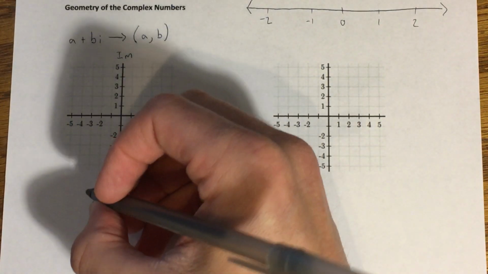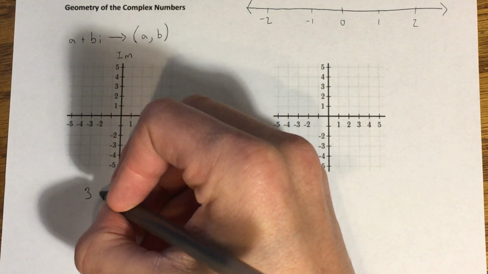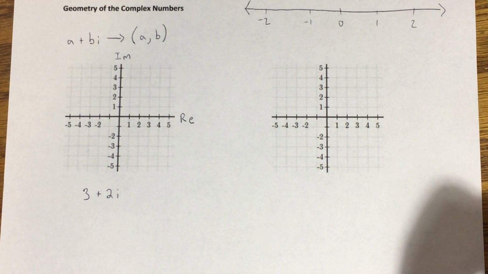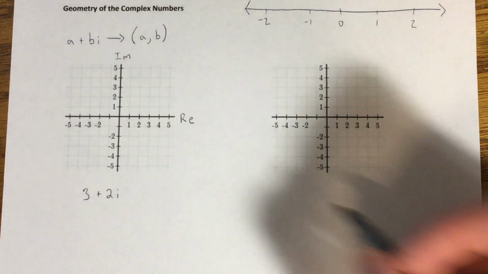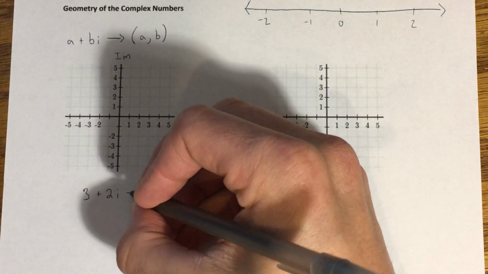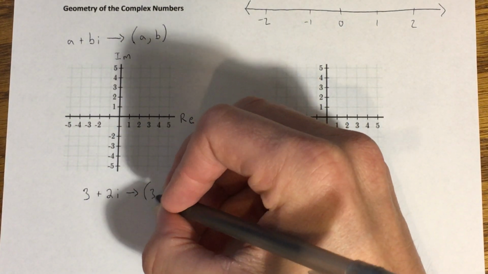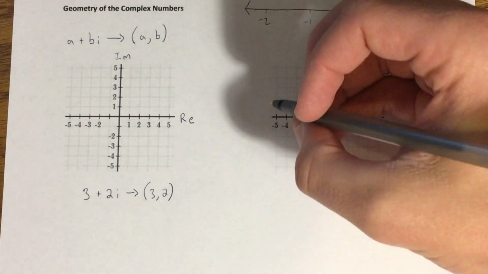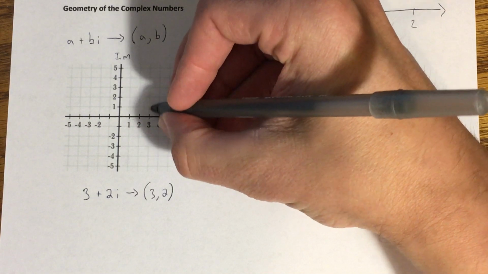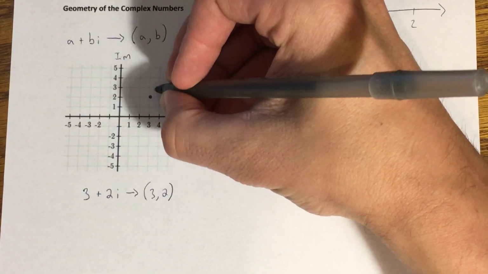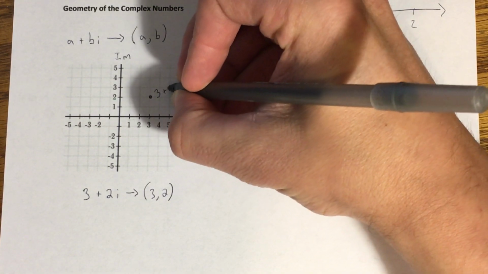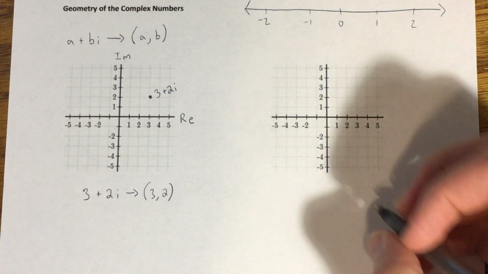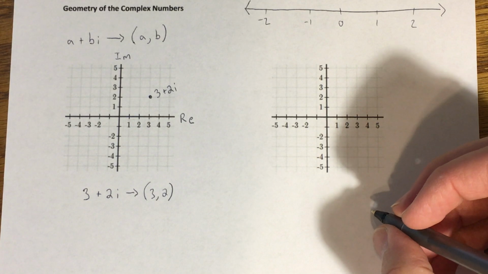To give you an example, if I wanted to figure out where 3 plus 2i lives in the complex plane, which is what we call this, I would associate that with the ordered pair (3, 2). And then I would find that ordered pair in the plane. (3, 2) would be right here. And that's going to be the point 3 plus 2i. Okay, and I can do this with really anything. For example, if I wanted to plot the point,